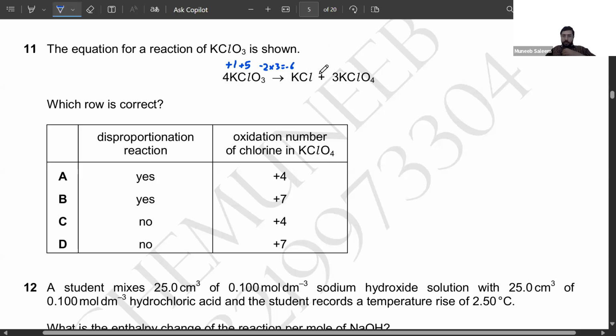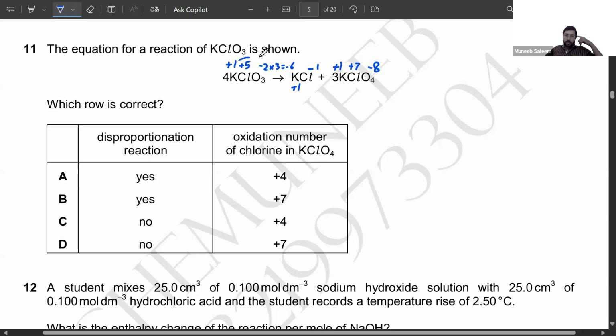Now on the product side, Cl is -1 over here and potassium is +1. And in KClO4, oxygen is -8 because we have -2 for each of four atoms, and +1 on potassium. Now it means that chlorine must have a value of +7 on it. Okay, what we see here is that